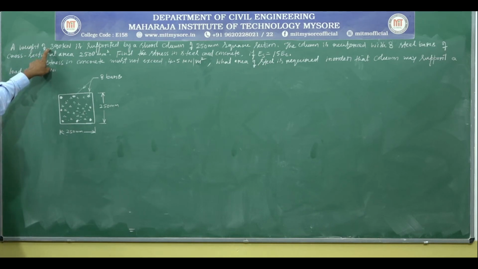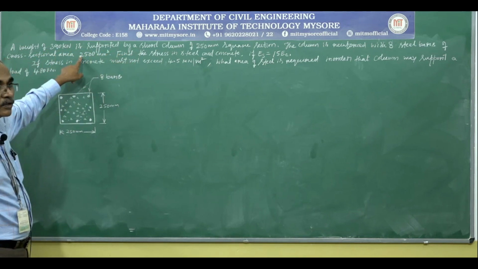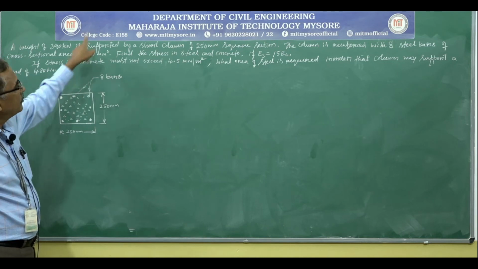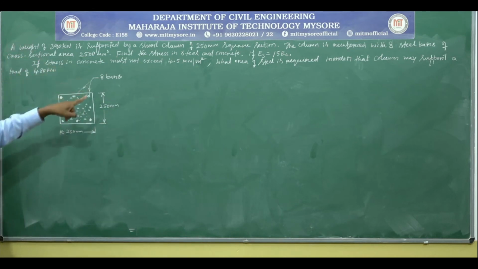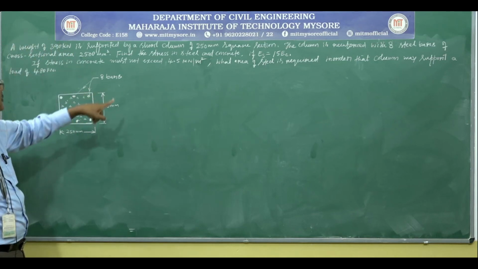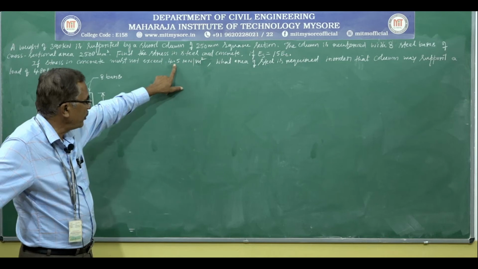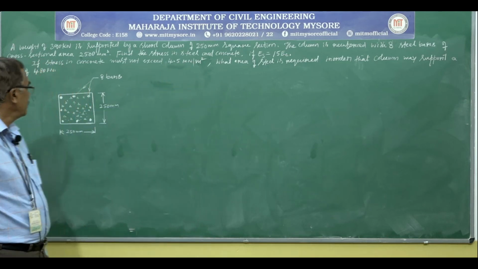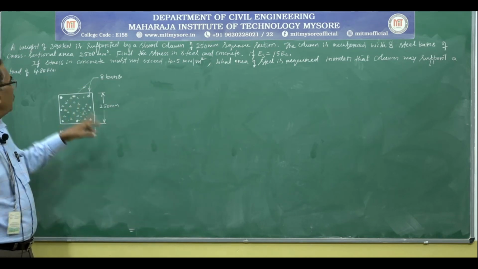For the given cross sectional area of the column, to begin with, it is loaded with 390 kilonewton, and for that the cross sectional area of steel required was 2500 millimeter square. For this, we are asked to find the stresses induced in steel and concrete. For the same cross section, if we increase the load to 480 kilonewton, with the same material and the same steel, and the stress in concrete must not exceed 4.5 meganewton per meter square, what area of steel is required to support this load?